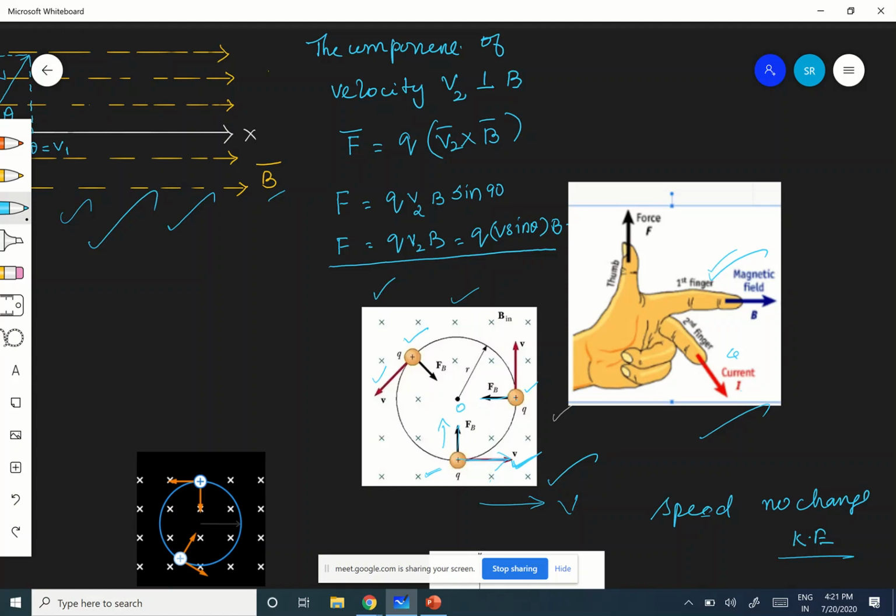Are you following that? Now the force is always towards the center of the circular path. That is why I have shown you 3 points here. At every point, the force is always acting towards the center of the circular path, which means that it is a centripetal force. The force experienced because of the magnetic field is nothing but a centripetal force. It deflects the charged particle continuously so as to make it move in a circular path. Are you following, children?